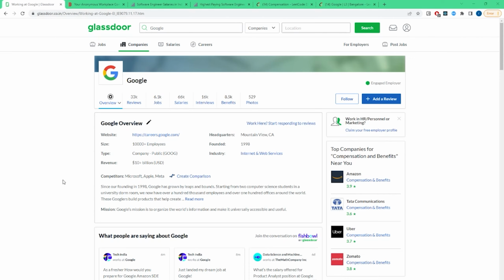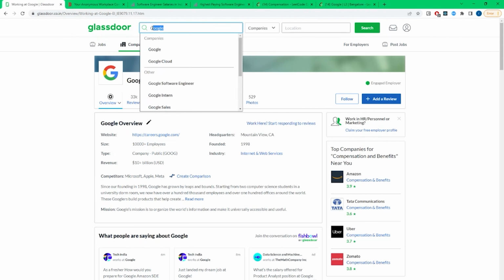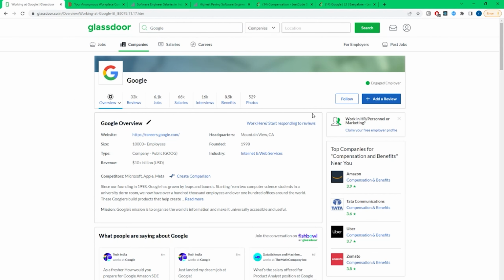So let's talk about different ways that you can gather information, or different websites that you can use to gather this information about a respective role and a company's budget. 1. Glassdoor.com. One website that many of us might be familiar with is glassdoor.com. You can simply search for the company that you're trying to look for. Example, Google here. You can click on salaries